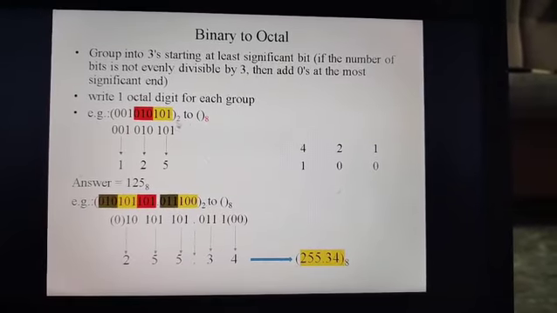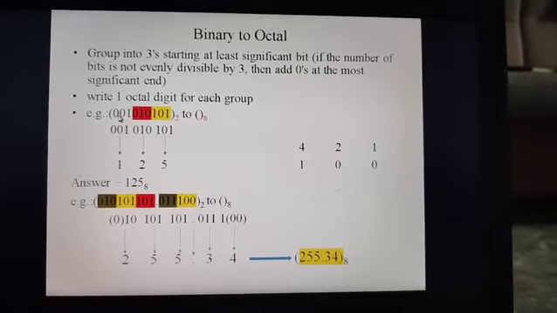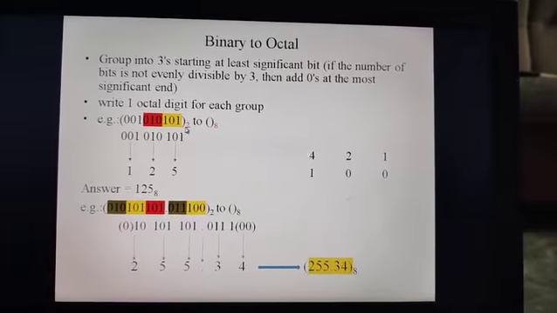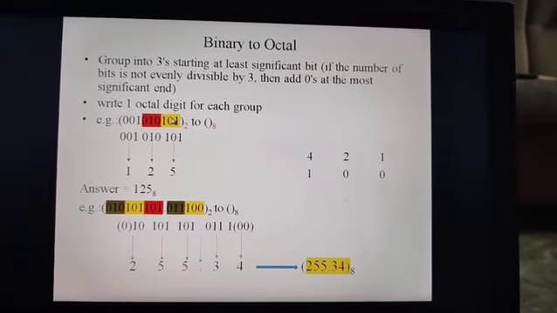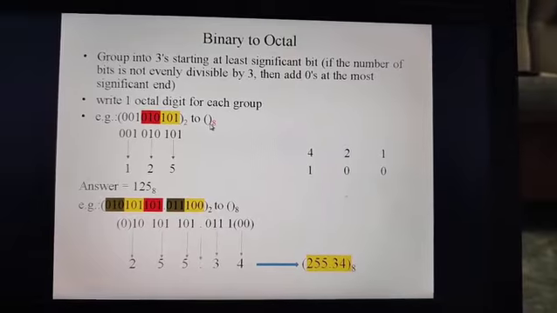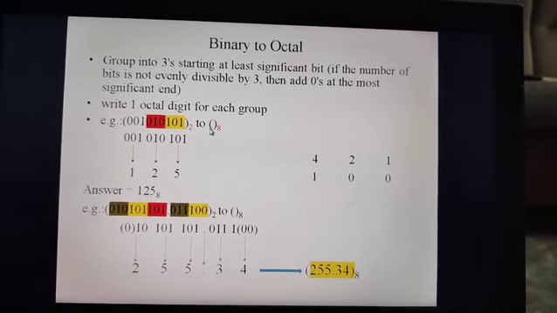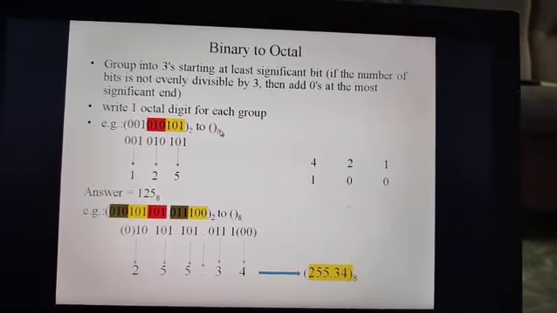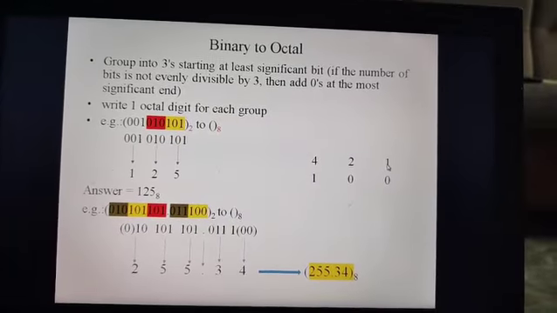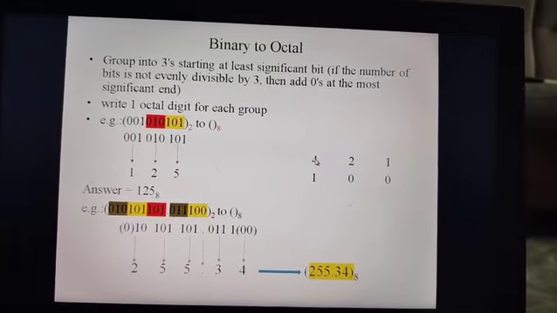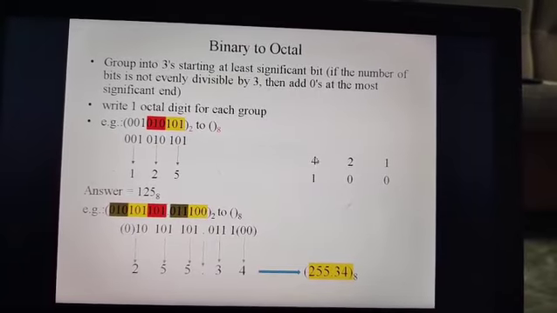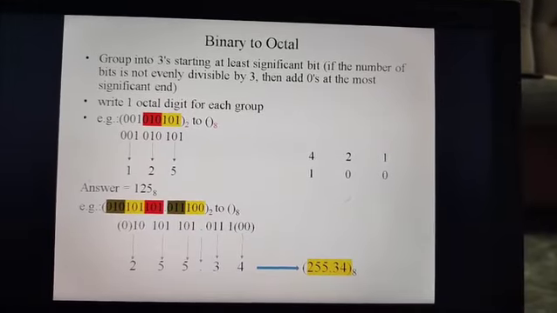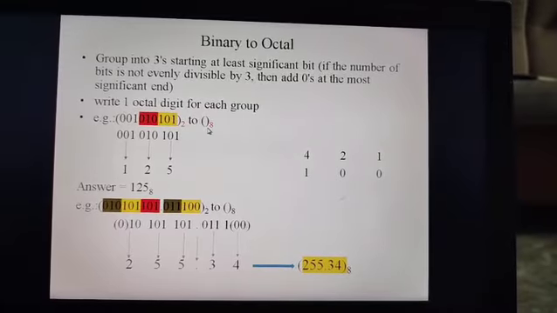How can this conversion be done? Here we have taken this question. This binary number is going to be converted into an octal number. Octal means we have a total of 8 values, ranging from 0 to 7, in the 1, 2 and 4 form. If you add all three values, 4 plus 2 is 6, and 6 plus 1 is 7. So if you want to convert a binary number into an octal number,